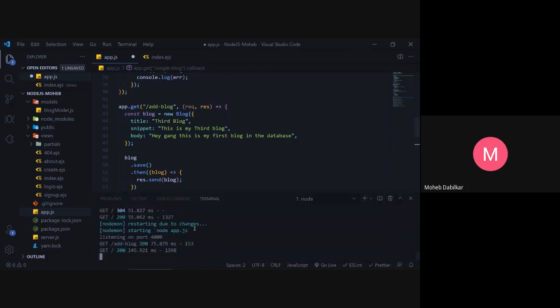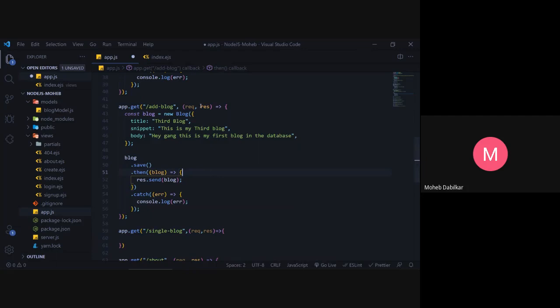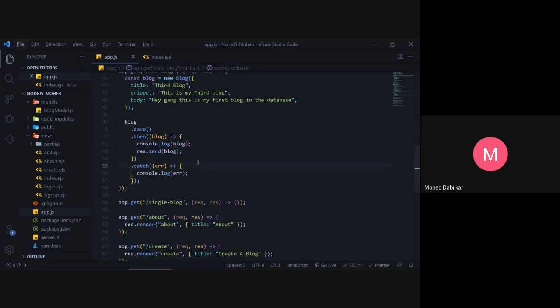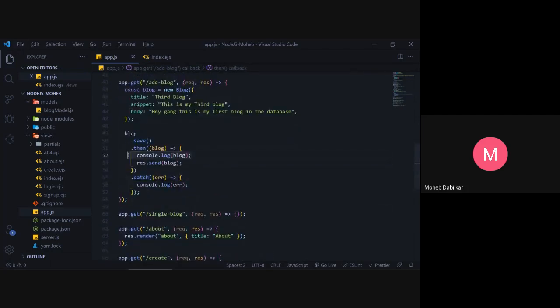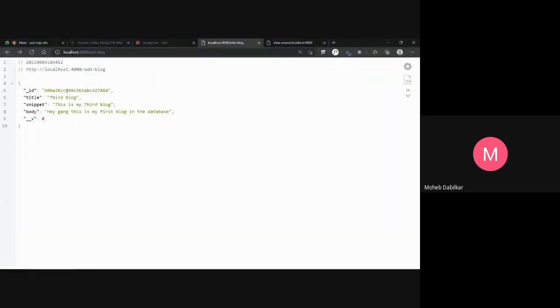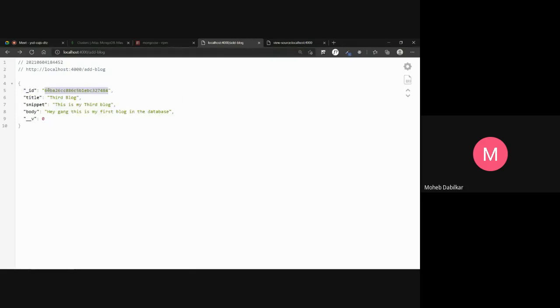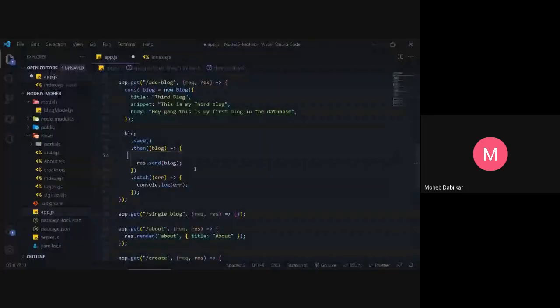Well, if we do console.log blog, you see, every blog has this unique ID. So this is the title, this is the ID, and every blog has this ID. So once we copy this, we know that this is the ID of the blog.